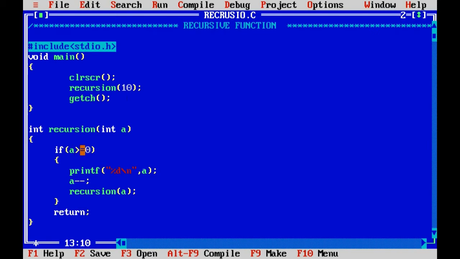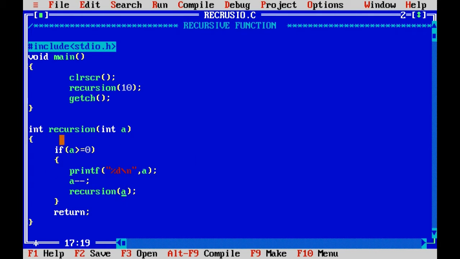If a is greater than or equal to 0, we print the value of a, then decrement the value of a, and call the same function again, sending the value of a. So the compiler comes here and again calls recursion, and the value of a will be 9, so it prints 9.